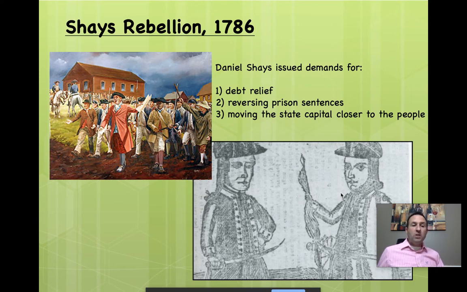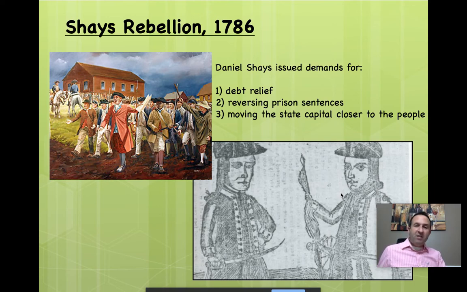Now, these Shayites, they begin blocking debt collectors, harassing debt collectors. They force courts to close. They shut down auctions of foreclosed property. In short, they use the exact same kind of tactics that were used by the American colonists against the British leading up to the Revolution. They're performing the exact same methods that were used by the Founding Fathers in their push against the British. But this time, they're being persecuted as Americans because, well, they're not paying their taxes. Sound familiar, huh?